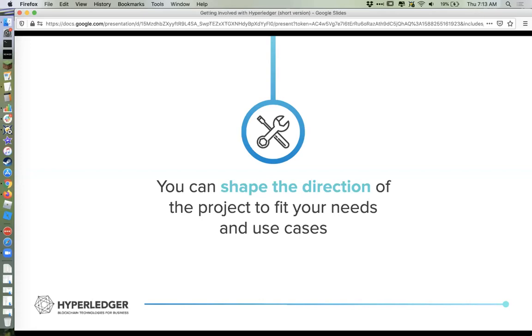So, if you say, hey, here's a project, this Hyperledger project, Indy, Fabric, Sawtooth, whatever it may be, you're like, well, it does a lot of what I want, but it doesn't do everything I want. Or it would be really great if it did this thing differently. If you get involved and submit the pull request and join the discussions and help shape the project, you can make it exactly what you want it to be,